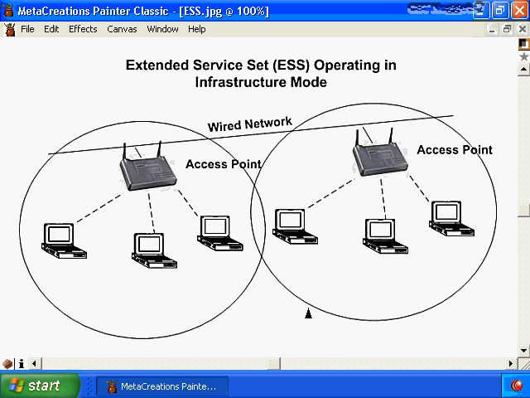And as you see here, the ESS contains 2 or more cells or 2 or more RF coverage areas which may or may not overlap. If they overlap, that helps to facilitate roaming of a wireless station from one BSS to another BSS and vice versa. And another thing to take note of is that the BSSs that comprise the extended service set can have